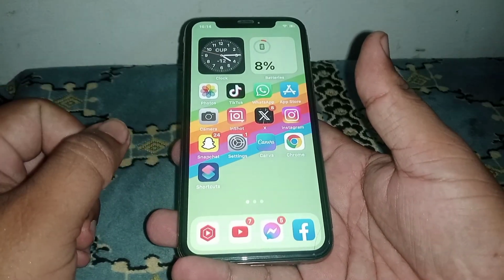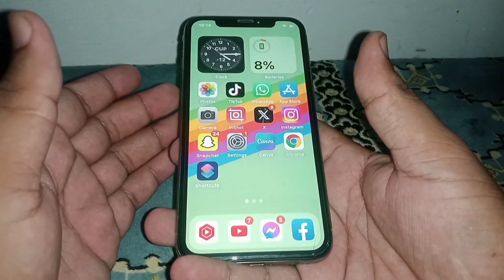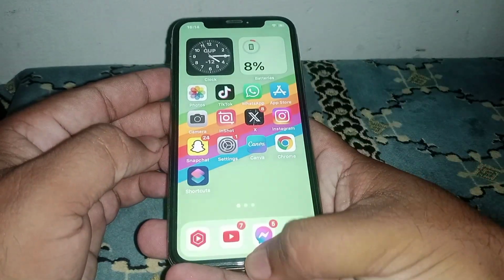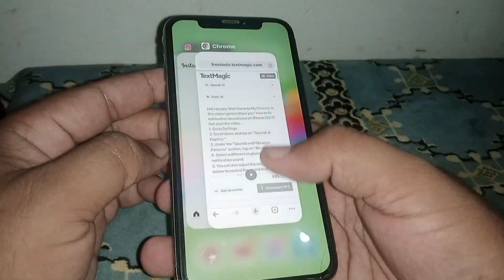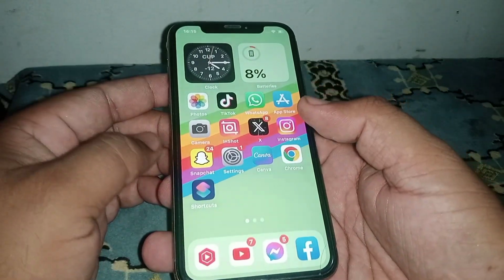In this video I'm going to be showing you how to fix iPhone and iPad login problem after update iOS 17. Let's start the video without wasting time. First of all, close all these background apps, and after that check whether the problem has been fixed or